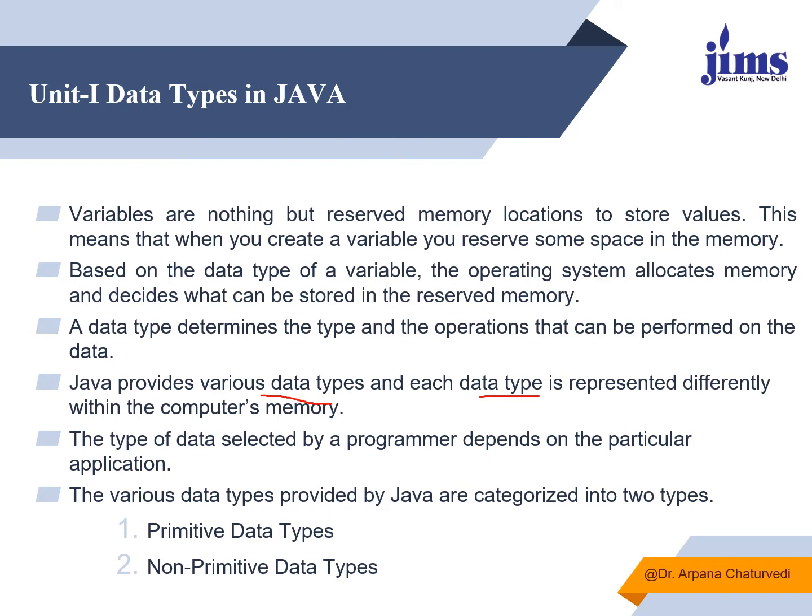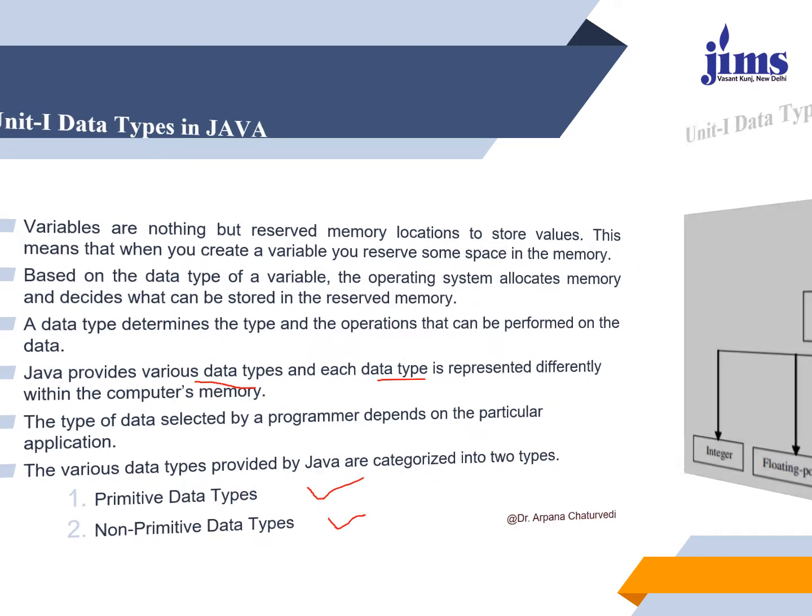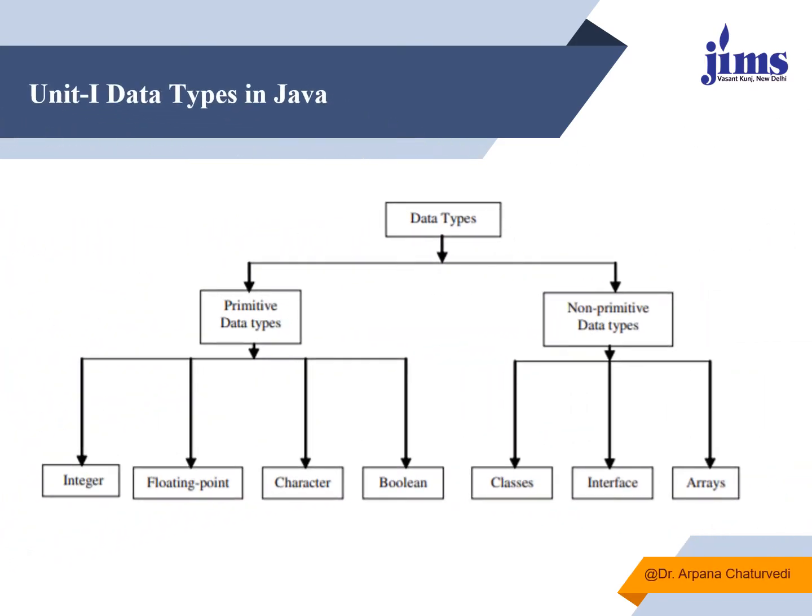The two different types of data types supported by Java are primitive and non-primitive. One by one we'll see that within primitive data types, what all data types come: integer, floating point, character, boolean. Whereas when we talk about non-primitive data types: classes, interfaces, arrays. These are the different types of data types which are supported by Java. If we talk in detail,